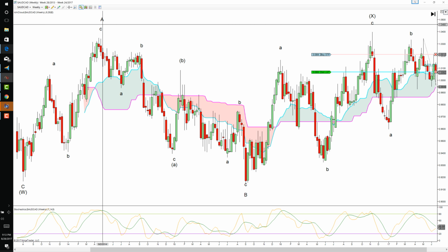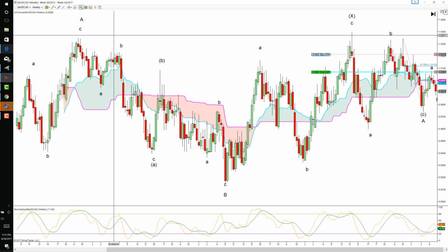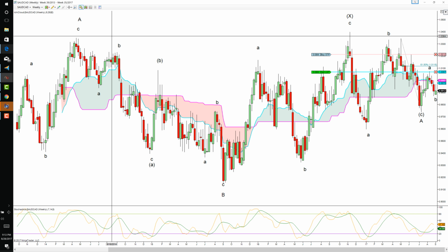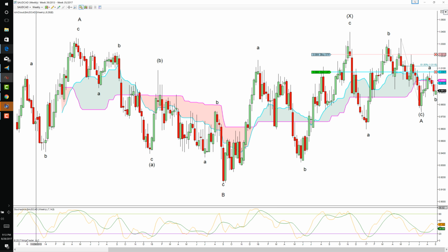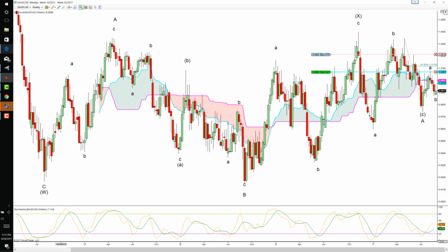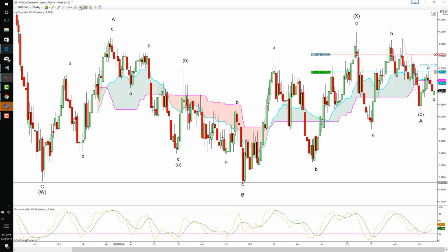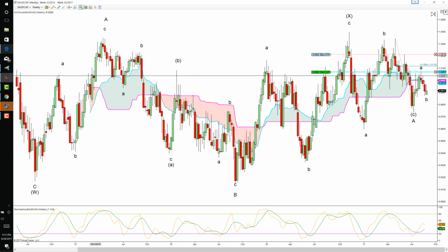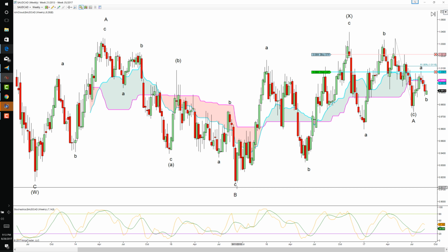Now this is an A. In wave X's, you can also see a triangle. So if you look at it from a distance, it is possible that a triangle can be counted in this particular move. Now, if this is a W here, this is the A, this is the B, this is the,